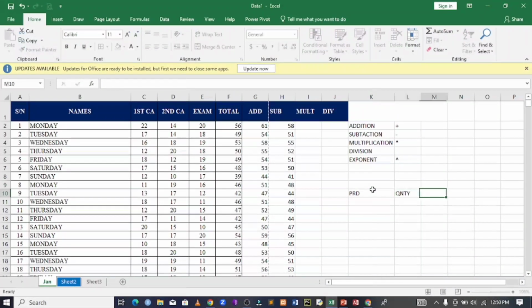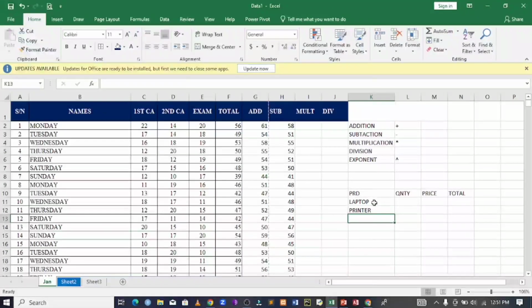Quantity, let's say 20, 15, and 10. The price of laptop, let's say 2000, printer 15, and mouse 200. So if I want to get the total,